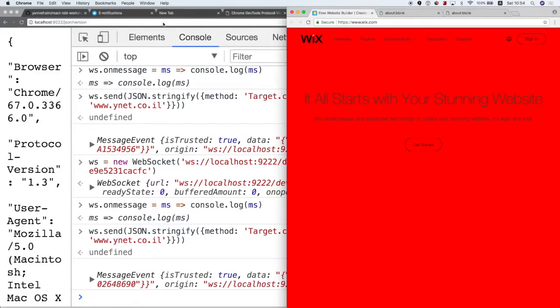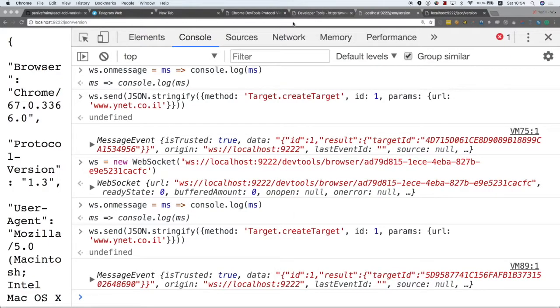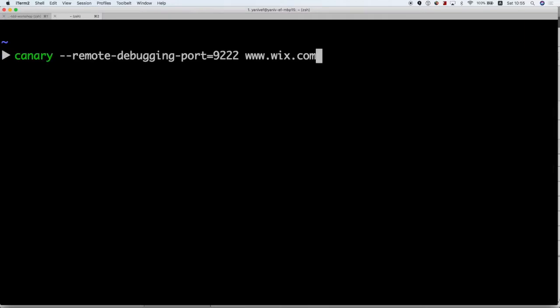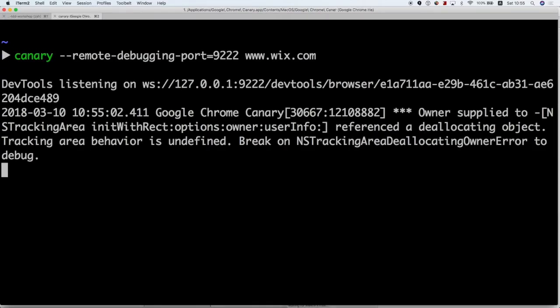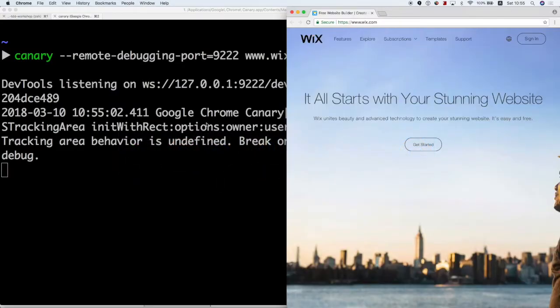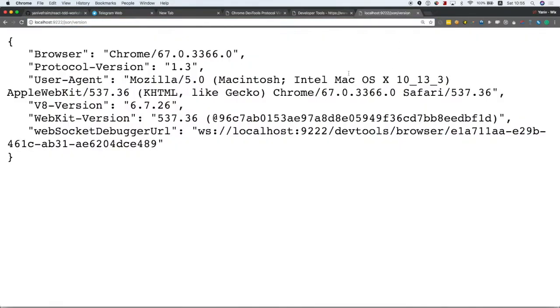Let's start from the beginning. Okay, sorry for that. Sometimes live coding sucks. Sorry for that. Let's do it all over. I did it a lot of times, but this is the first time it doesn't work. So let's do the same again, and let's open WebSocket,